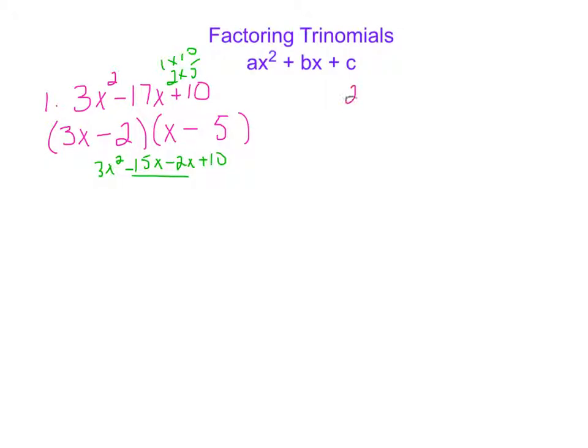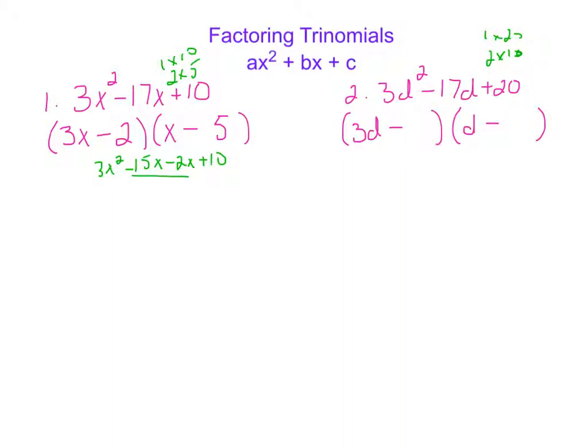All right, let's look at another one. Number 2, we'll have 3d squared minus 17d plus 20. All right, so again, no GCF, so we're going to make our two sets of parentheses. Our only factors of 3d squared are 3d and 1d. A positive 20 tells me my signs are the same. They're both minus. Now with 20, our factors are 1 and 20, 2 and 10,